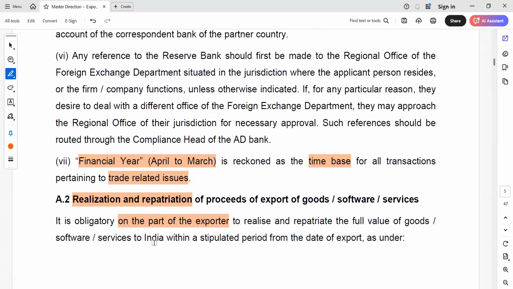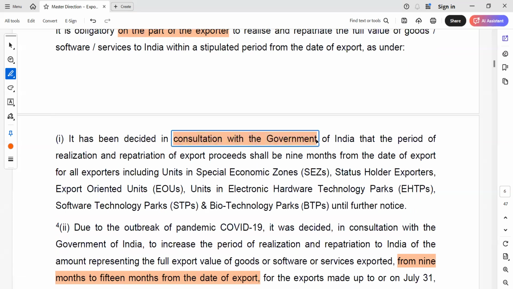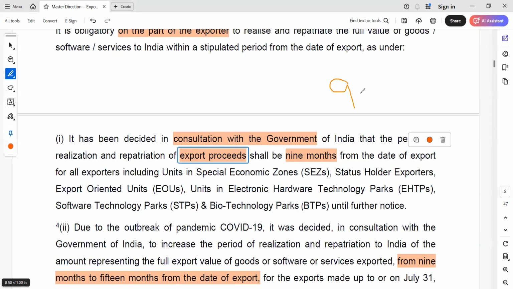तो फ्रेंड्स आपको पता है जो भी एक्सपोर्ट है वो एक पर्टिकुलर टाइम के अंदर जो है उसका पेमेंट आ जाना चाहिए। So what are the guidelines, let's see. It has been decided in consultation with Government of India that the period of realization and repatriation of export proceeds shall be 9 month। तो फिर जो भी नॉर्मल एक्सपोर्ट है उसका जो प्रोसीड्स है, ओके, whatever the proceeds of the export, वो 9 मंथ के अंदर जो है वो आ जाना चाहिए, ओके। Before 9 month, it is very important, within 9 month it should be done। Suppose somebody has done the export, so within 9 month the payment should be received।